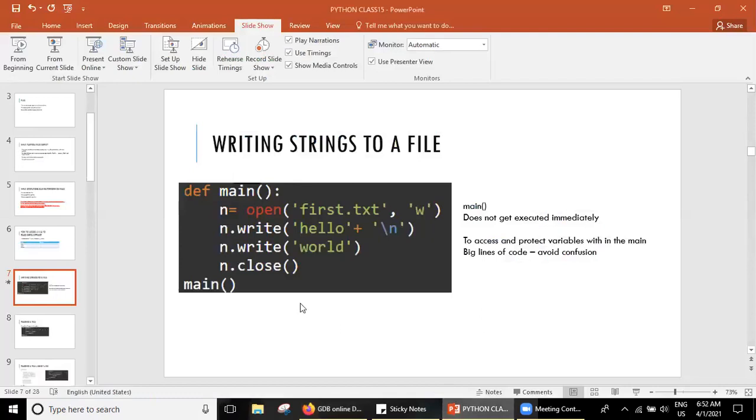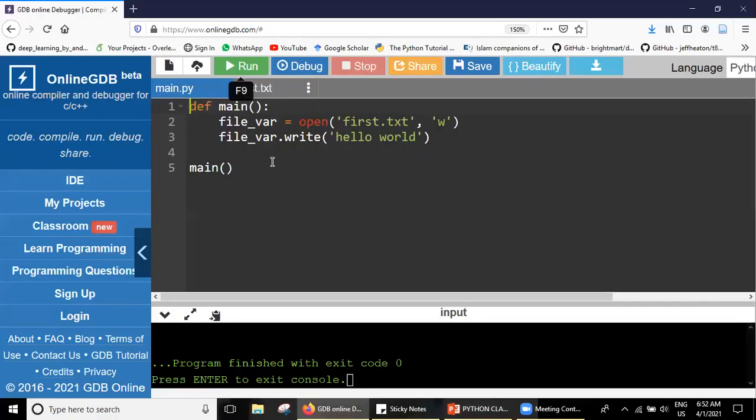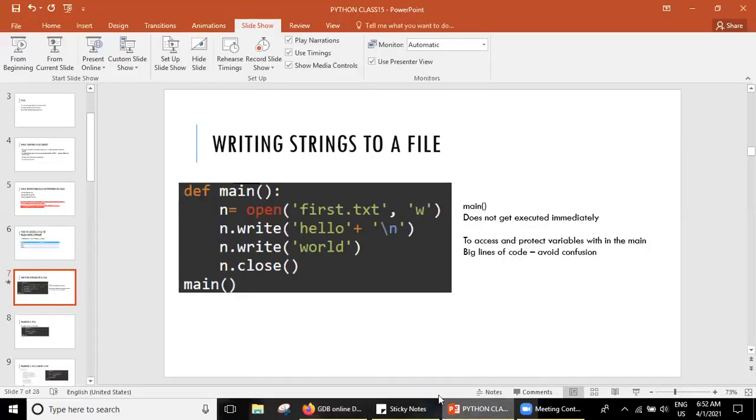One thing you have to write every time is the file object dot close. Yesterday I told you why we always need to close the file. We have to close the file always. This thing we have written, this was our first file.